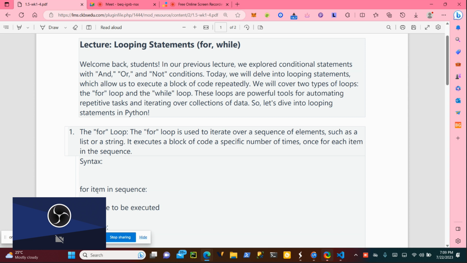Let's say I want to get K, I want to get N, I want to get J. So that is the item. So you can represent it with any variable, but mostly we use something that moves in the direction of what we are doing. Maybe my sequence name is student. I can make my item name be student, singular.